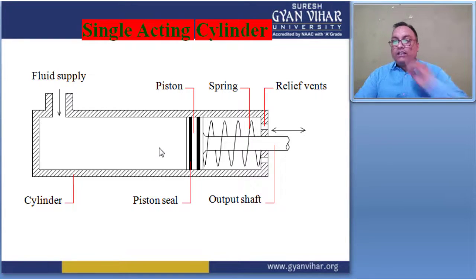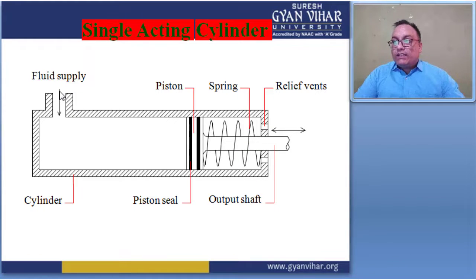Here are some advantages of using a single acting cylinder. This type of system uses less tubing, meaning a less complex tubing arrangement. Here a single fluid line is used to send and return the fluid inside the cylinder. If less tubing is required, then less wiring is also required.